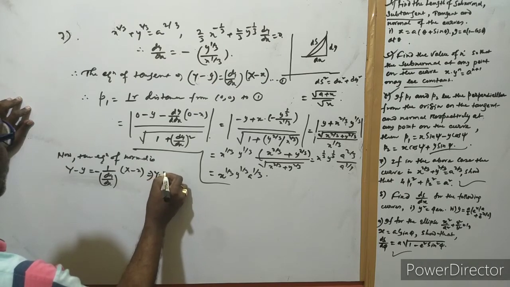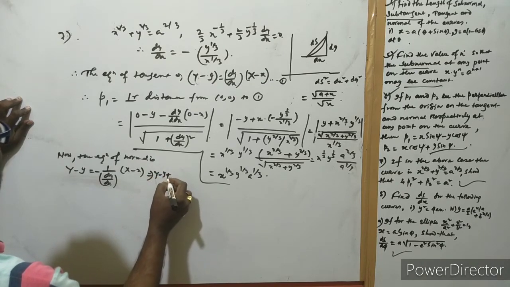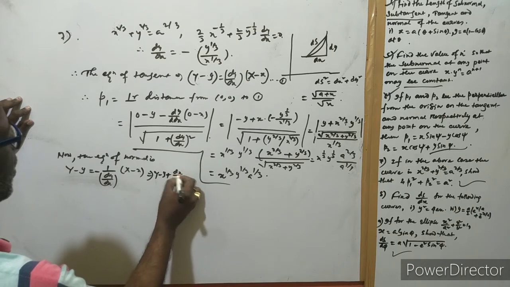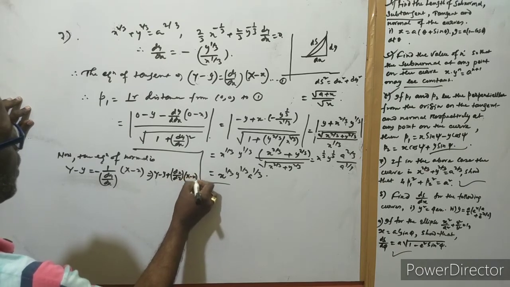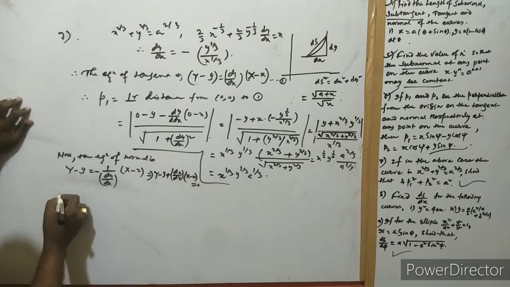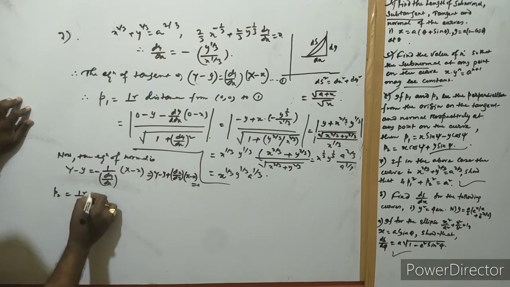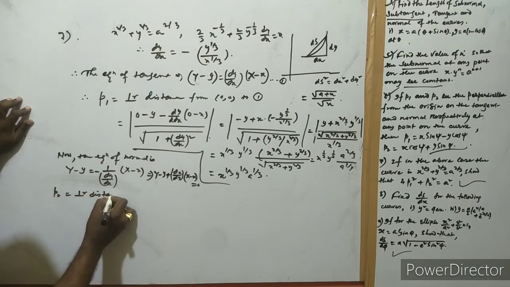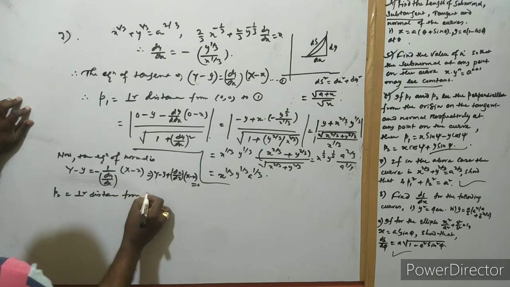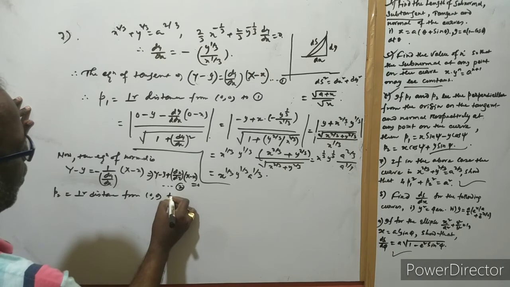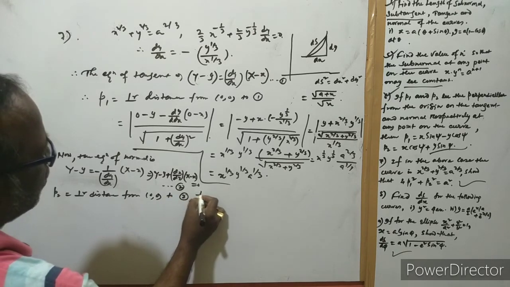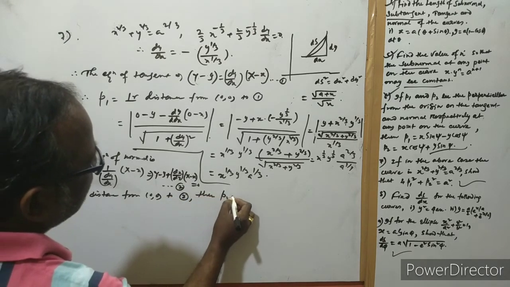So y minus y1 plus dx dy into x minus x1 equal to 0. So P2, the perpendicular distance from (0, 0) to this normal, then P2 is equal to,